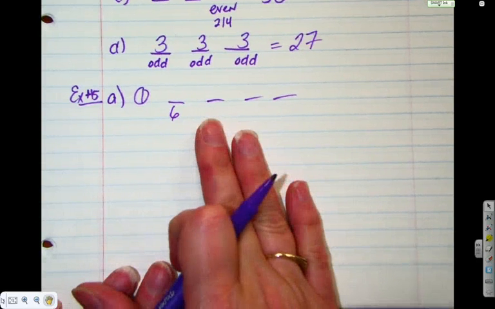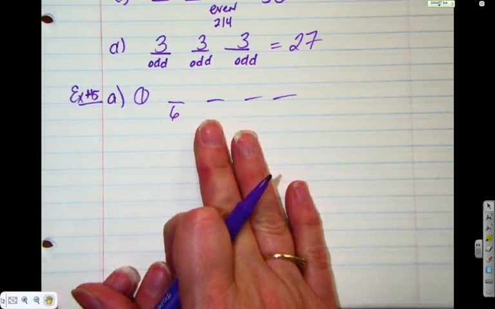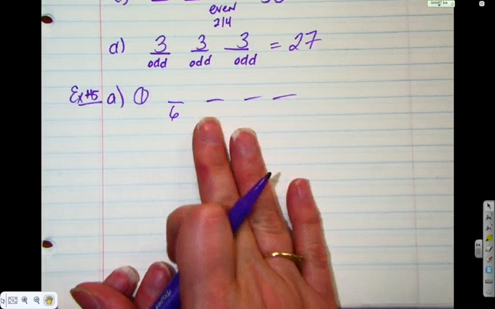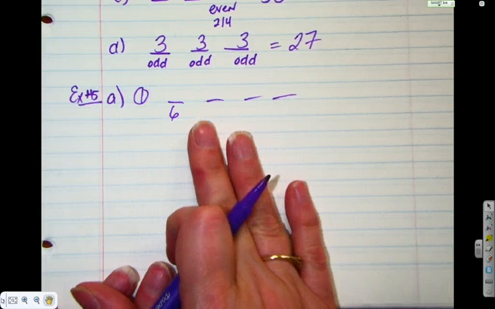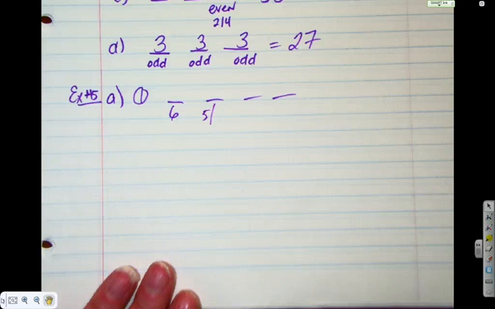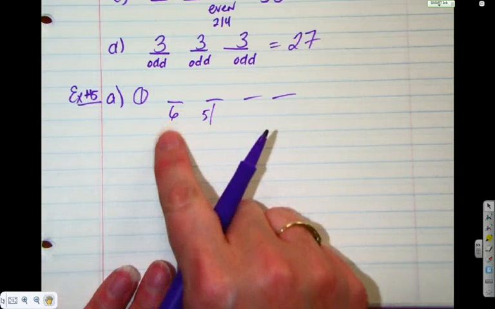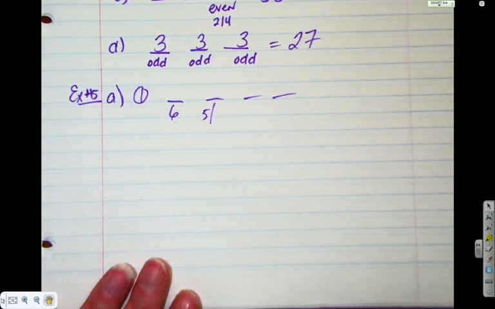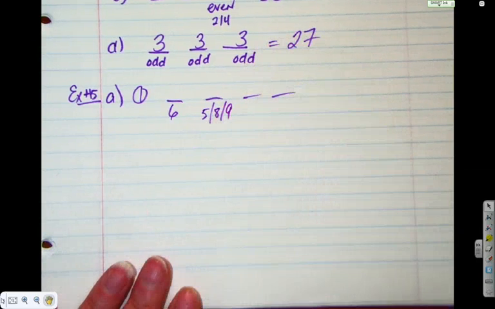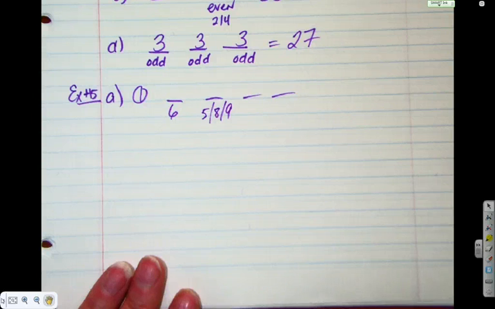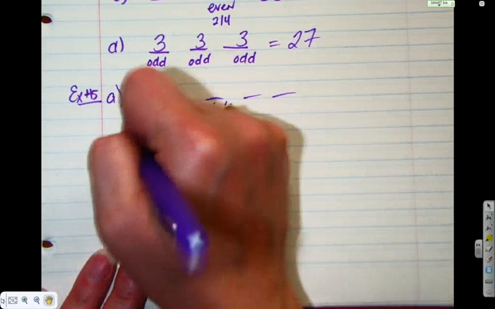What about the second number? Can it be 2? So I heard yes and no. Because it has to be greater than 6,500. Could it be the 3? Could it be the 5? Could it be the 6? Ooh, no, why not? Because we already used it and repetition is not allowed. Can it be the 8? Can it be the 9? And I'm going to fill those in a second. I'm just going to go on and do the cases first.